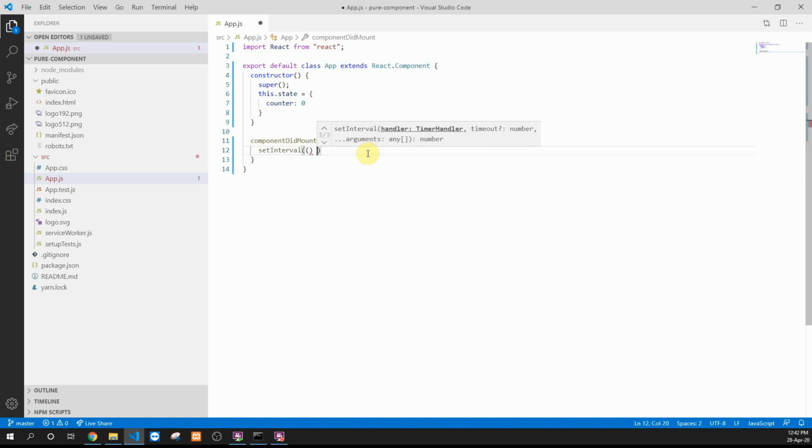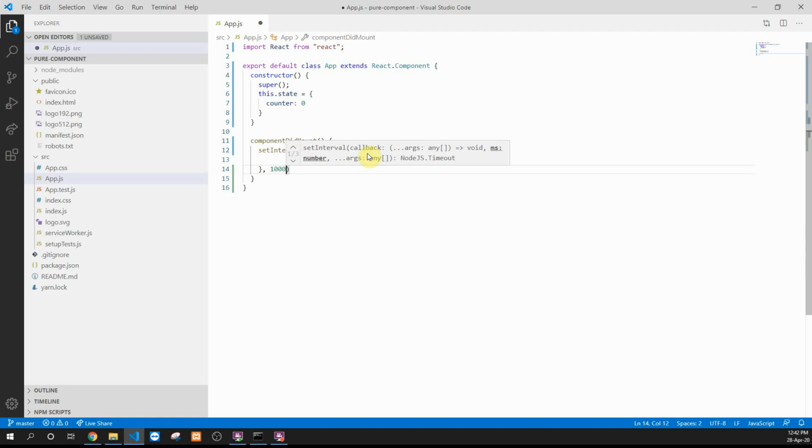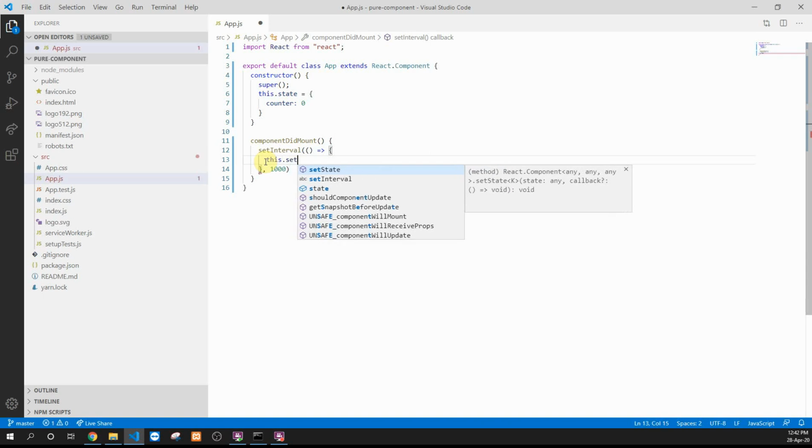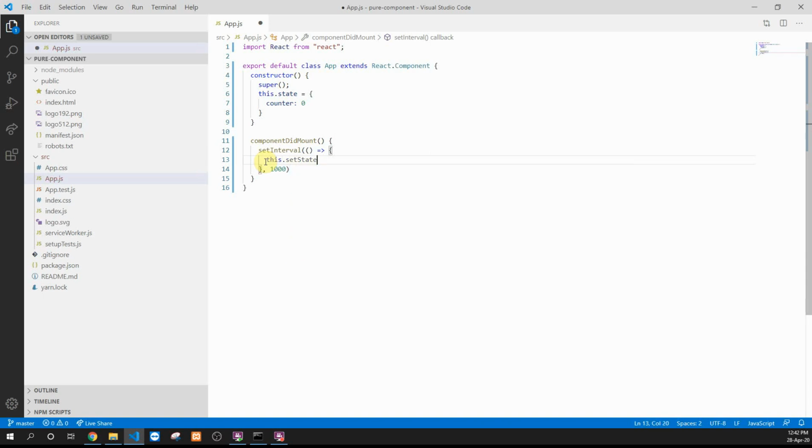To this set interval, we'll pass a function to be invoked after every 1000 milliseconds, which is 1 second. After each second, I'm setting the state variable counter equal to the same value, which is 0.